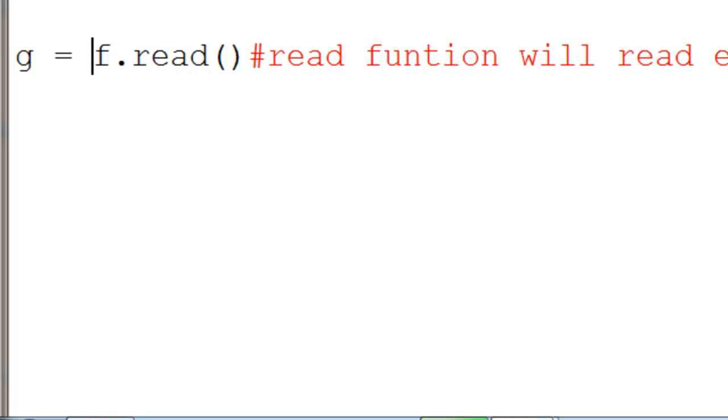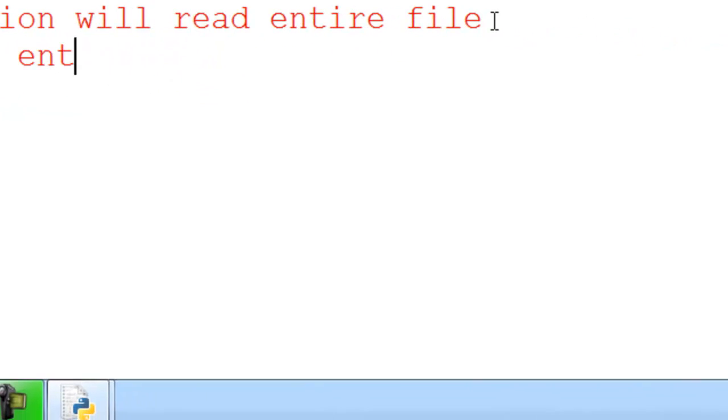Now once I say g = f.read, g will store the entire content. I will say print g. It will print the entire file content, because the file content is stored in g.